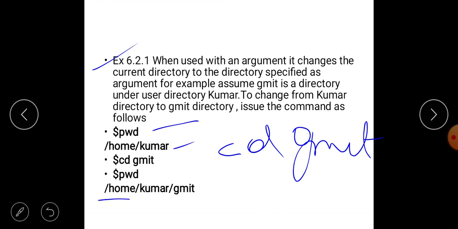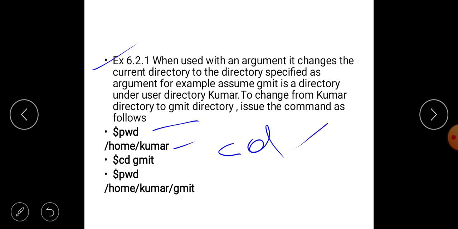You are going to get this path, which means you changed from /home/Kumar to /home/Kumar/gmit, meaning under Kumar there is a gmit. Now anything you save is going to be saved in the gmit directory, not in Kumar. I will show the hierarchy.